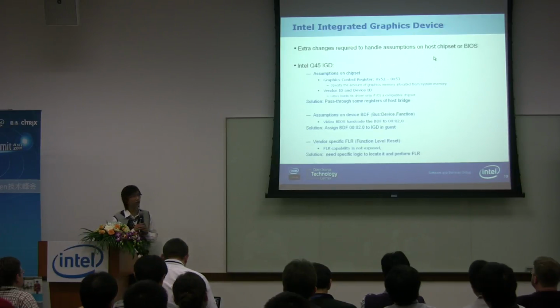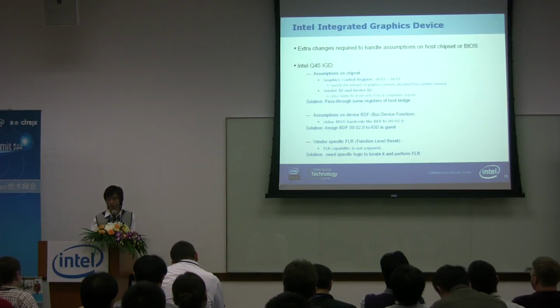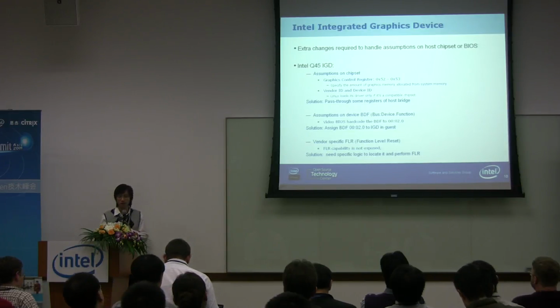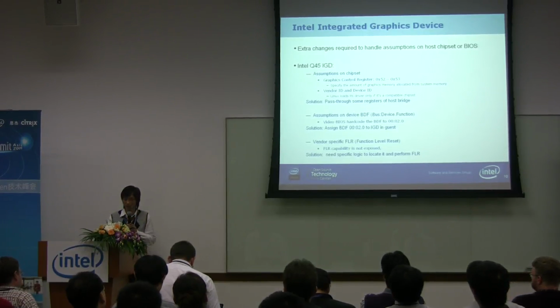So we take Intel Q45 IGD as an example. The first assumption on the chipset is some registers. The driver will query the graphics control register of the host to decide how many system memories to allocate for this device,